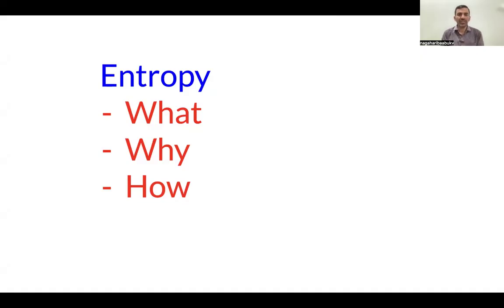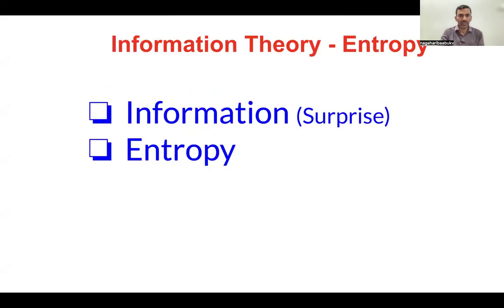Because entropy is very much used in machine learning problems like decision trees and also extensively used in deep learning. Even if you refer to the LLMs, large language models, the loss function that has been used in those models is entropy. Of course, there are variations of entropy, like cross entropy, categorical cross entropy, sparse cross entropy, and binary cross entropy. There are various variations, but the underlying principle is going to be the same. And we'll see how to derive this entropy also.